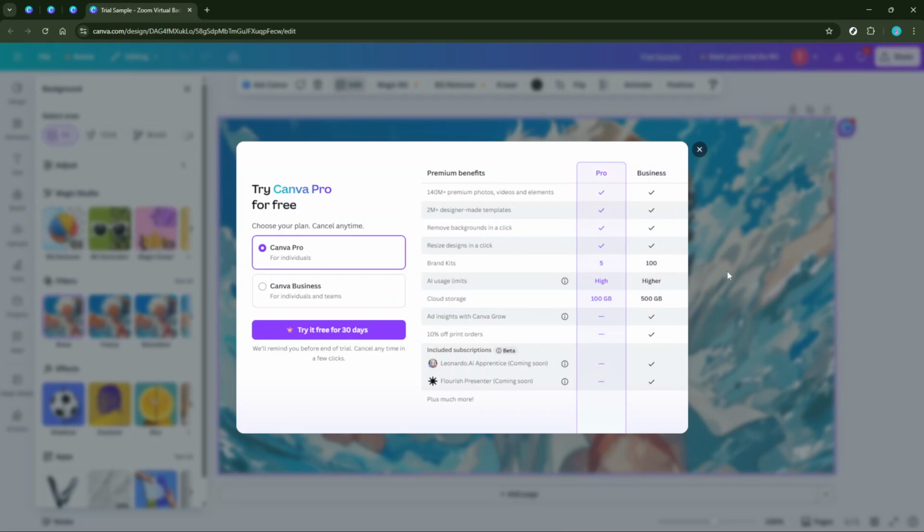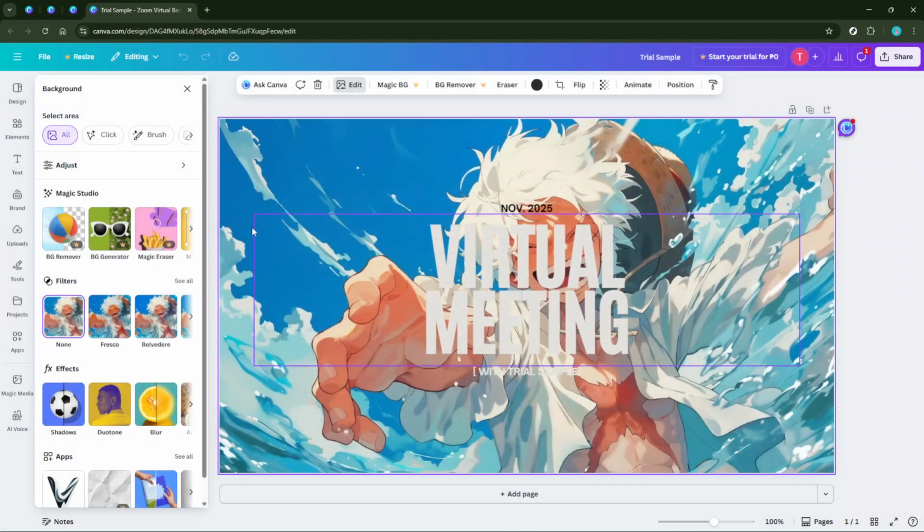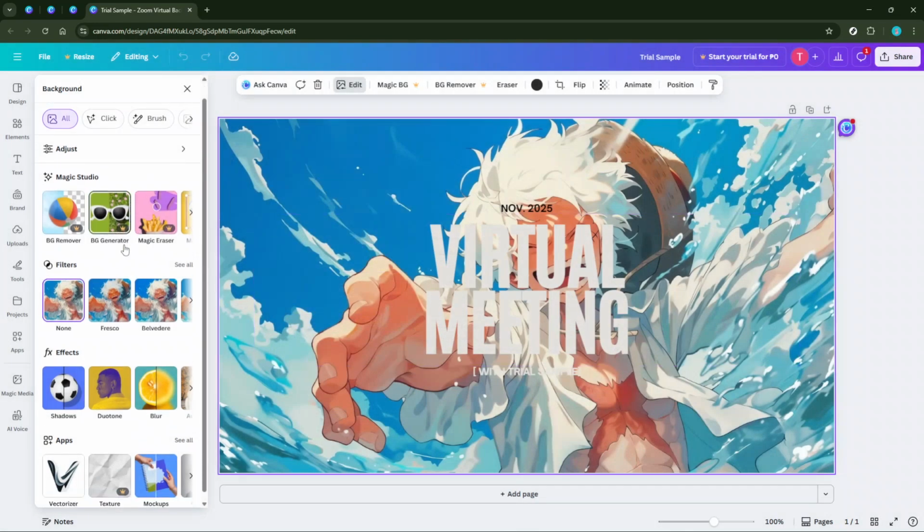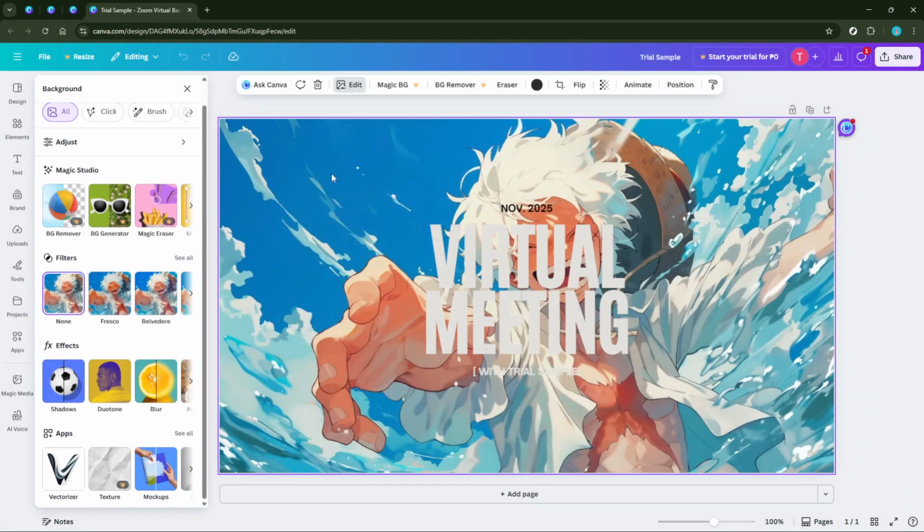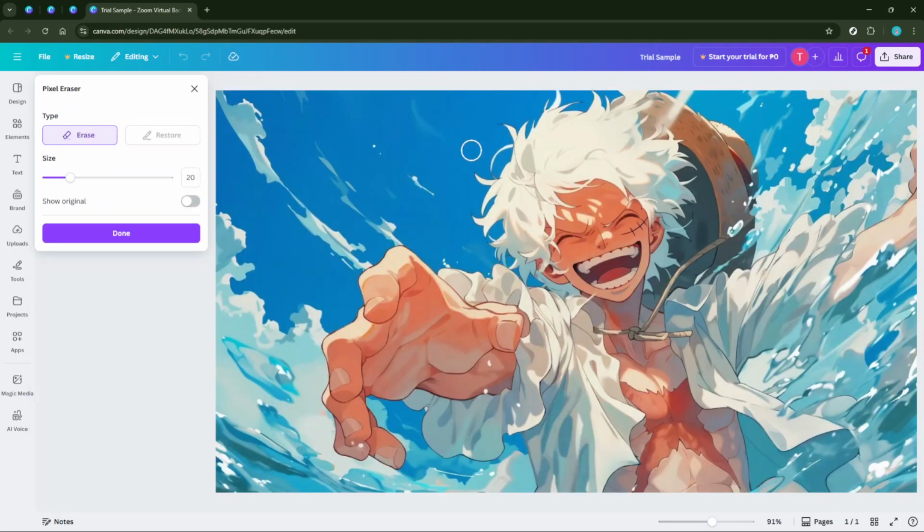But what if the automatic background removal isn't as precise as you'd like? No worries. Canva provides additional tools like the Erase or Restore brushes. You can use these brushes to fine-tune the edges and ensure you have crisp lines around your subject. The Erase brush is great for removing any leftover background you might not want, while the Restore brush can bring back any vital details that might have been accidentally removed.